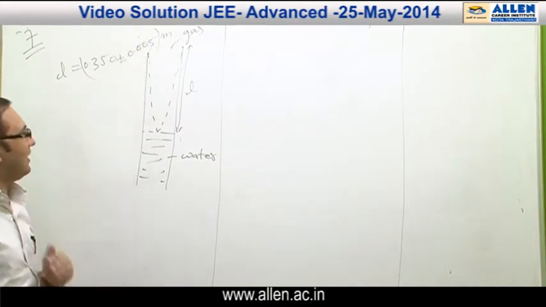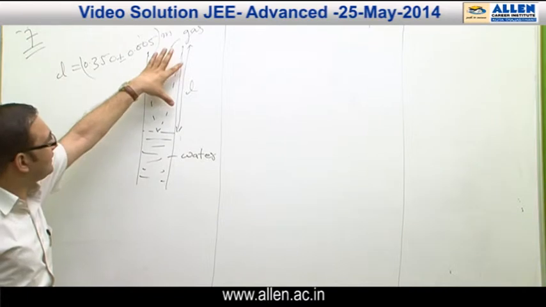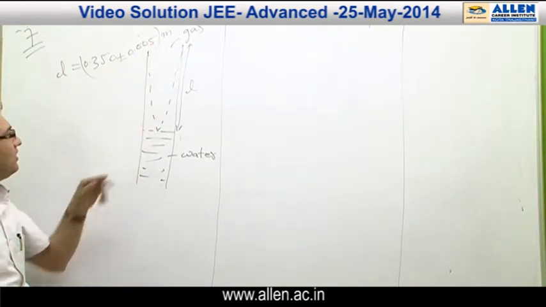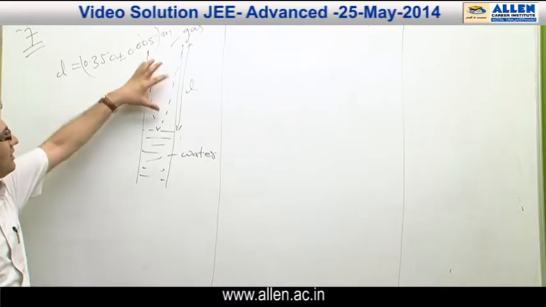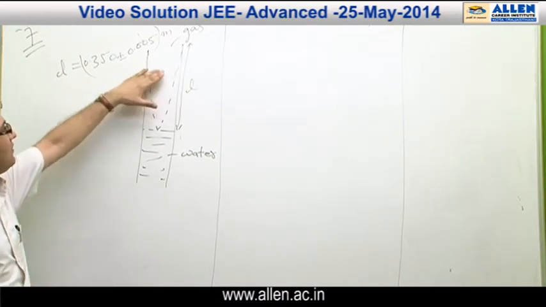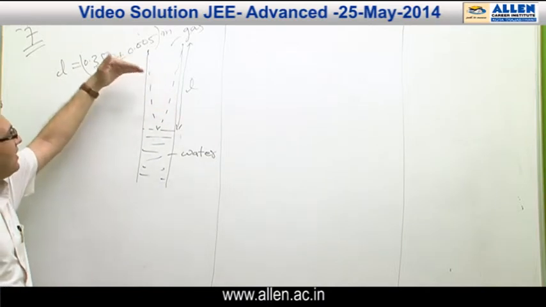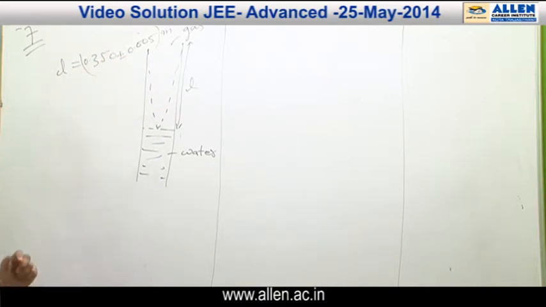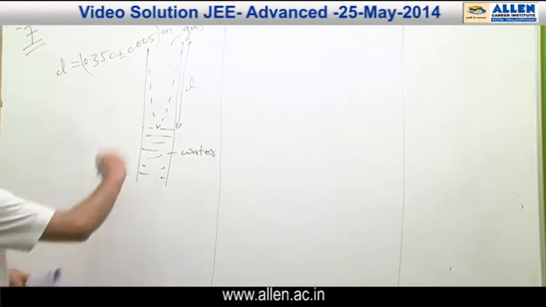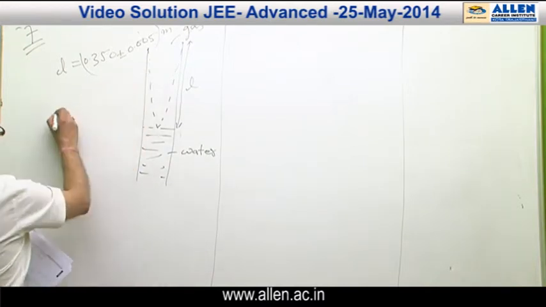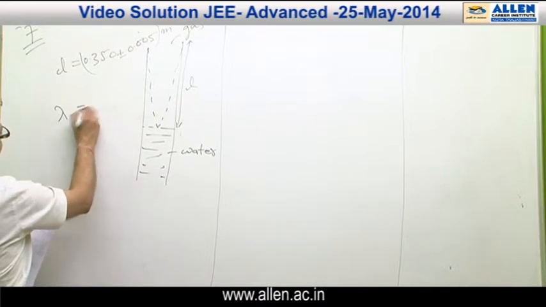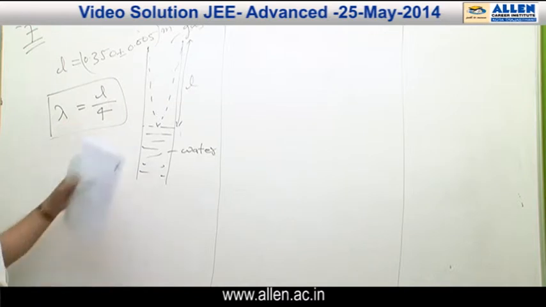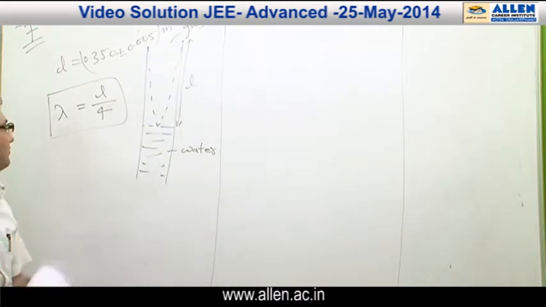We have to find that gas, and this is the length of gas in which a standing wave pattern is formed. In the question it is given that the length is minimum for which a pattern is formed. So this pattern would resemble the first harmonic. For the first harmonic, we know the wavelength lambda comes to be L by 4. This is the condition for first harmonic in a resonance column.